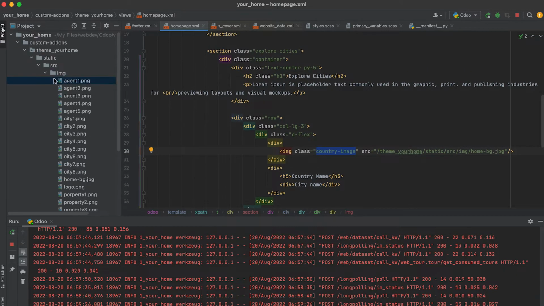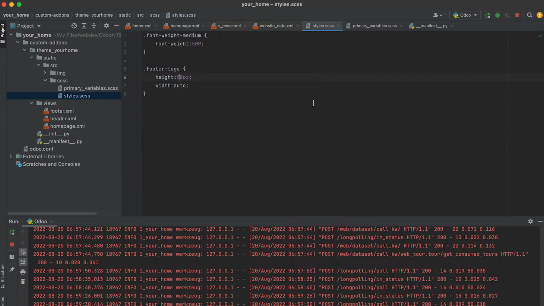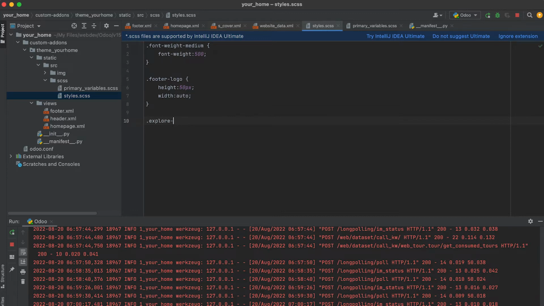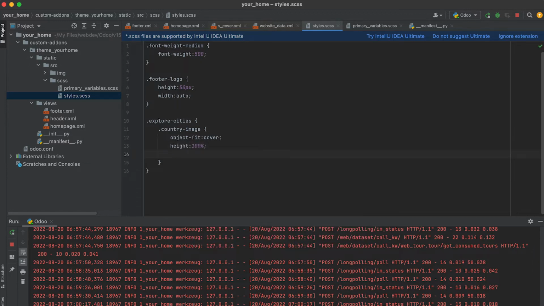Then we go to our styles and add the classes we just created. Country image, then object fit, cover, height 100%, width 100%,